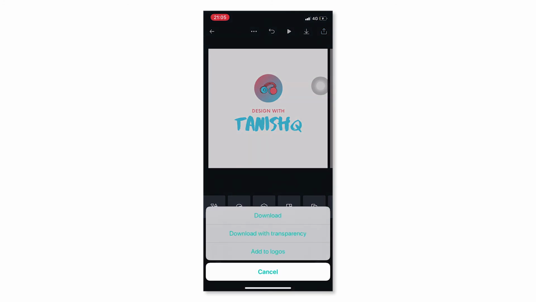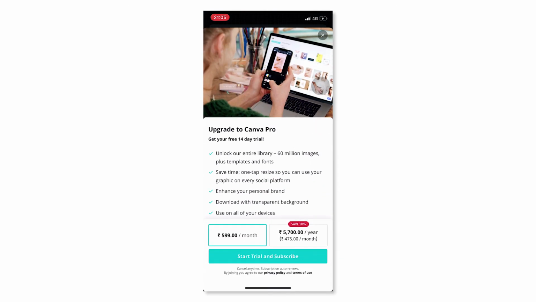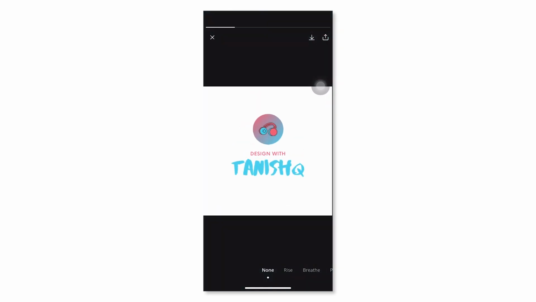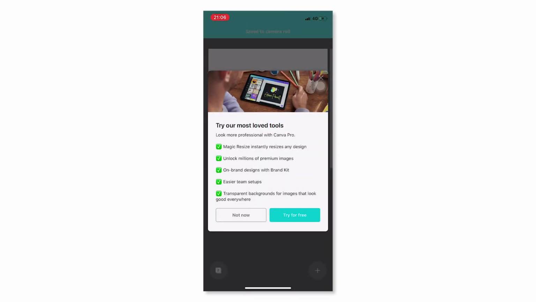So now you can just download it, download with transparency, add to logos. I guess download with transparency comes with Canva Pro. So yeah, you can just create this with a white background and probably make it into a GIF or maybe an animation too. Like you can just click on the play button and it will show. Yeah, this is looking crazy. So you can download it from here,